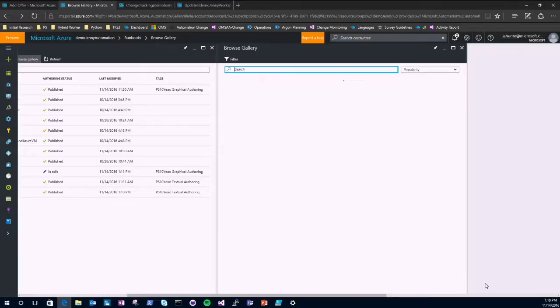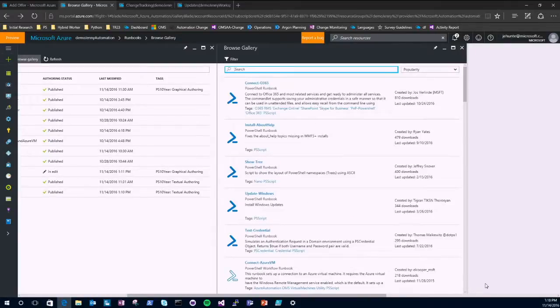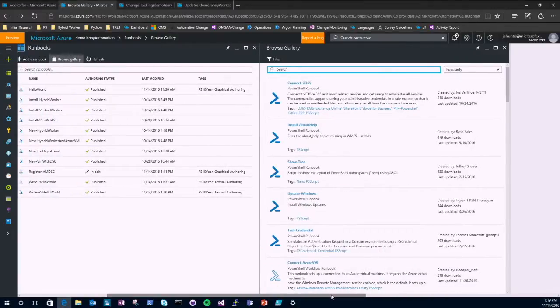And with these, you know that not only are you working on PowerShell, but the whole community is contributing to this, and so you're building off of other people's investments. So again, not only are you investing in PowerShell, but we're investing in PowerShell, and the community is investing in PowerShell. And so if you're ever looking for a starting point, this is a great starting point. It makes it easier than ever to get involved in Azure Automation. You could just go right away, find a script,